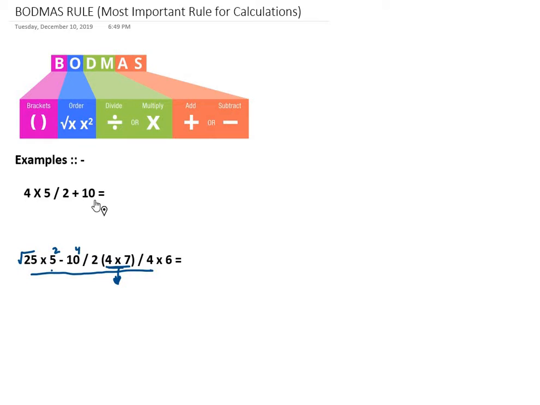So next comes the division or multiplication. So division and multiplication has to be done before addition or subtraction, right? So division or multiplication has a higher priority than addition or subtraction. But it can also happen that division and multiplication both are there, like 4 divided by 3 multiplied by 5. In this case, what should I do, right? Should I do multiplication first or division first? So in this case we'll follow the rule left to right,